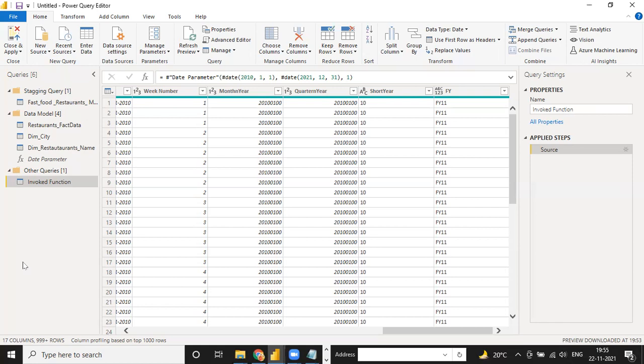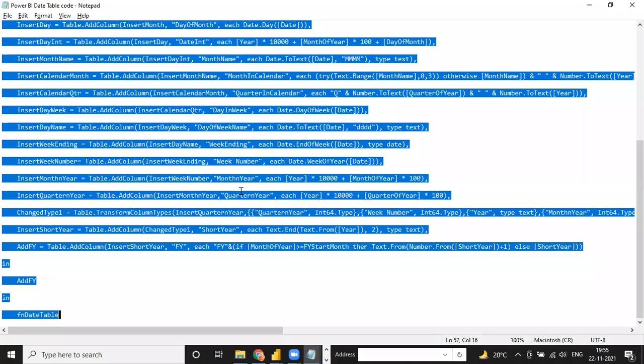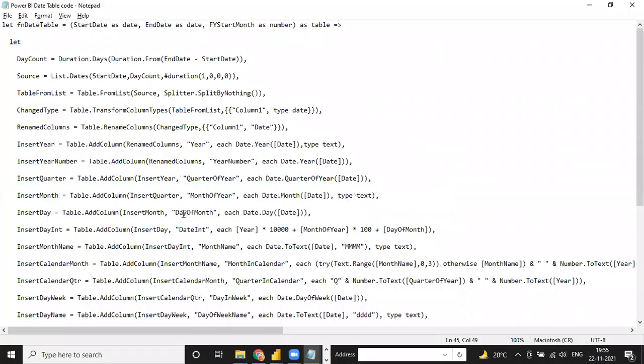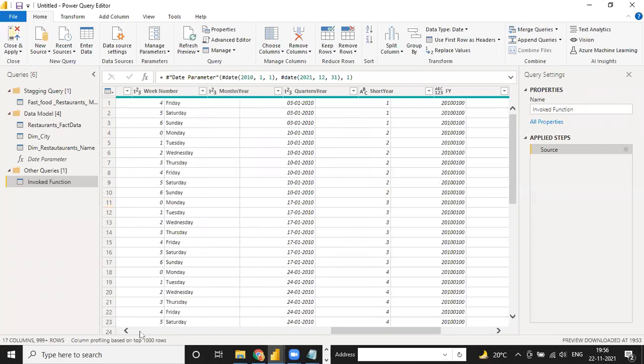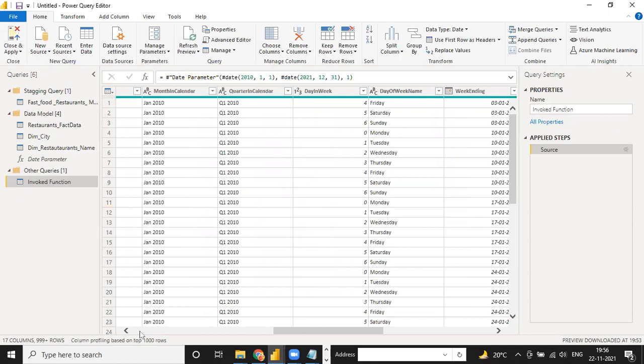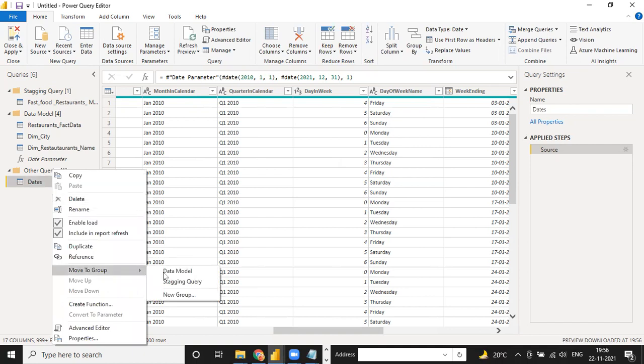So guys, see, this date table will be calculated by this parameter, this function. This is the coding written in the background, and I will tell you how to fix the manual table. Before, due to a timing issue, we were creating this table in this format. But we have a separate session on this ultimate calendar table. This is named as calendar table, so I'm just writing it as dates. So this is our dates table, and right click on this, move into data model.